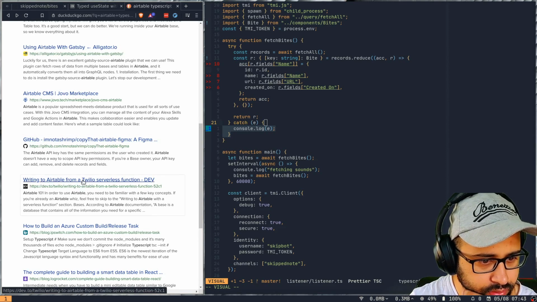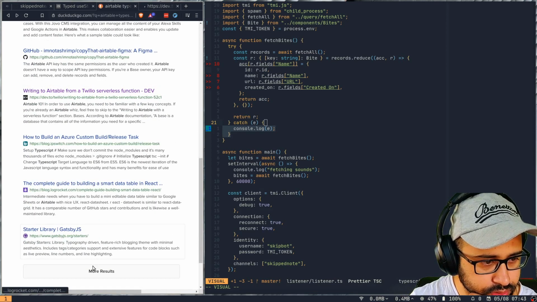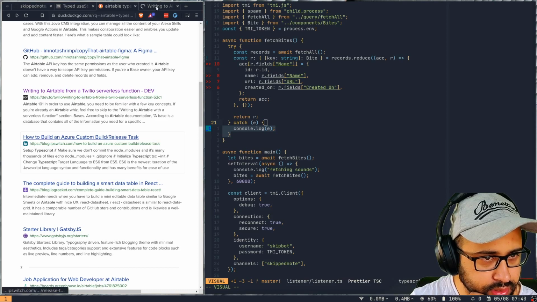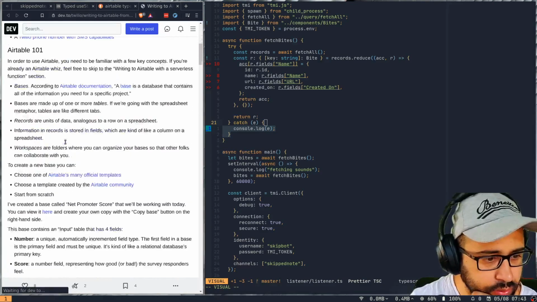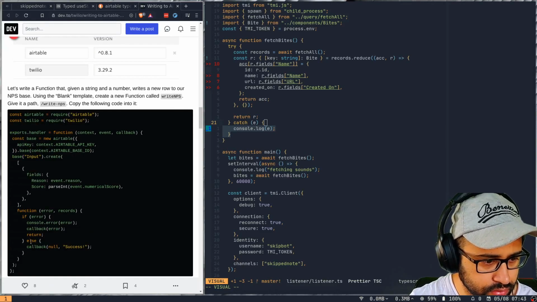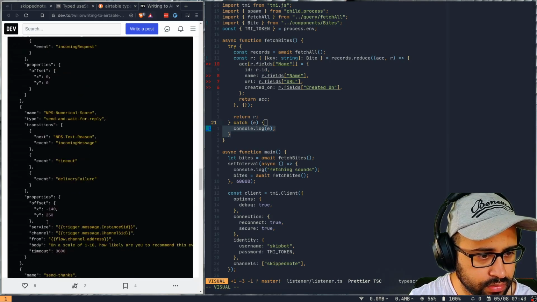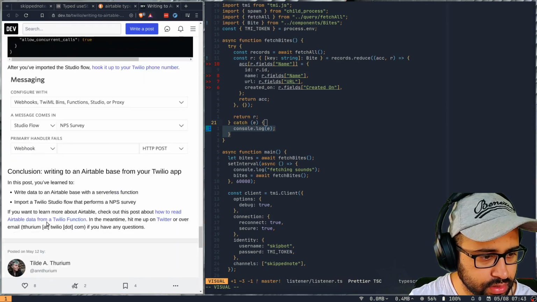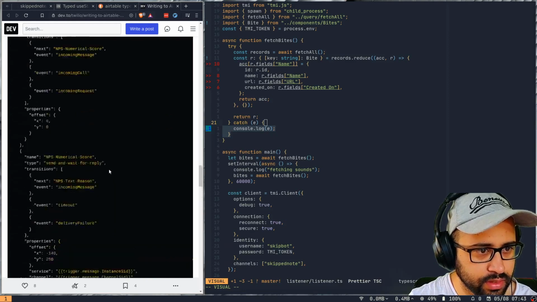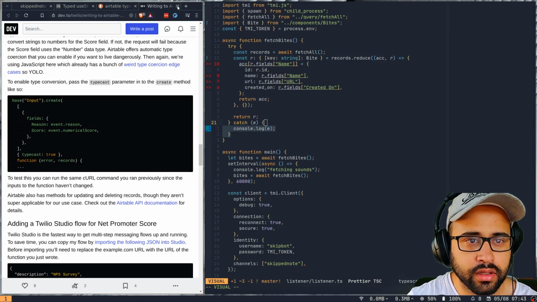Writing to a table. I'm not sure if these examples use TypeScript, but I think just the way they query data might be helpful for us. So creating data here, there's no fetching apparently. Yeah, not useful to us.